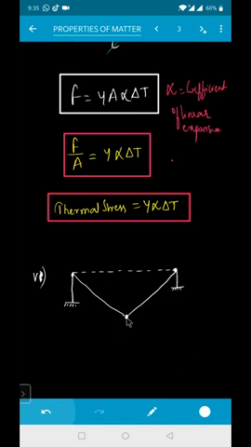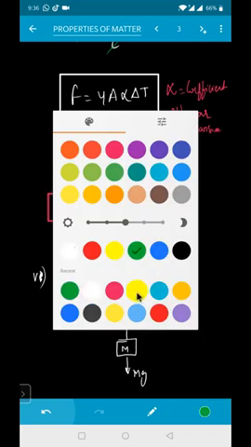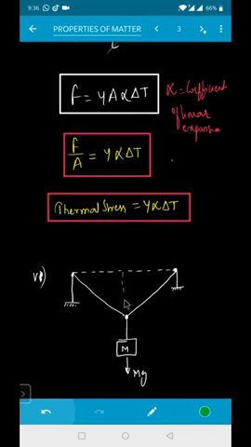Now, why is it coming down? Because we are hanging a certain weight here. This weight is nothing but capital M. So the weight of this body will be equal to M into G in the downward direction. So for how much distance has it come down? Say by a small distance of X.